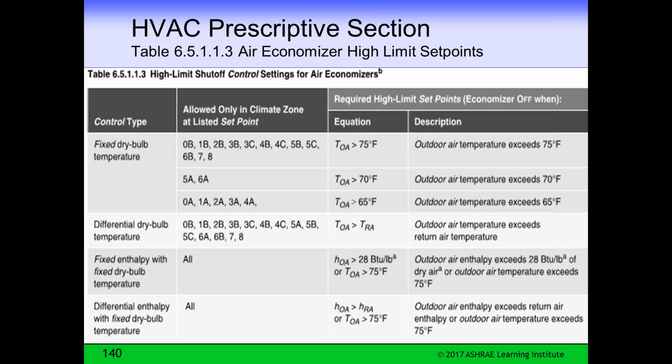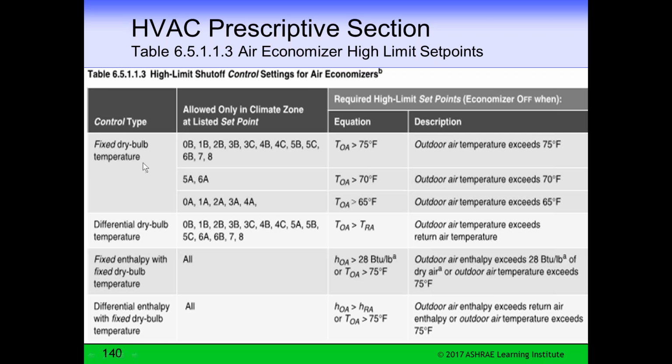So this is the table that tells you when to turn off your economizer. You've started your economizer at some break temperature that you think will work for your mix of outside air and inside air, and you're running it. We require you to keep that economizer on till it reaches these numbers, based on what type of control. If you have a fixed dry bulb temperature economizer, you leave it on till the outside air temperature is 75 degrees. Now remember, if your return air is less than 75, you would be losing a little money there, but in general, where we have our set points, it shouldn't be.